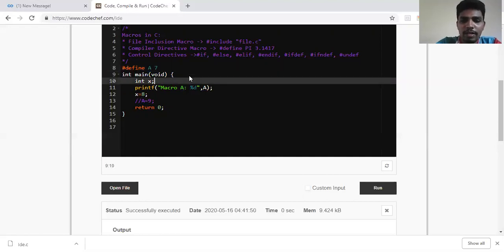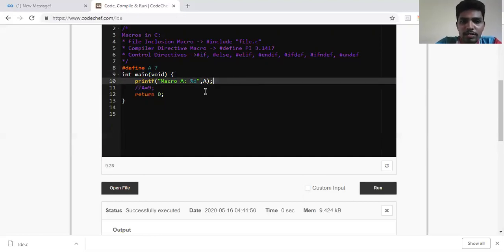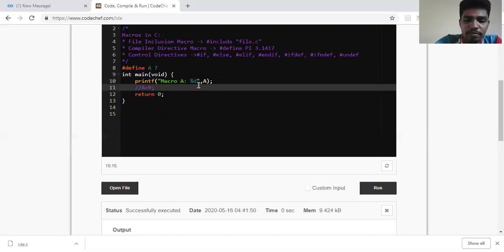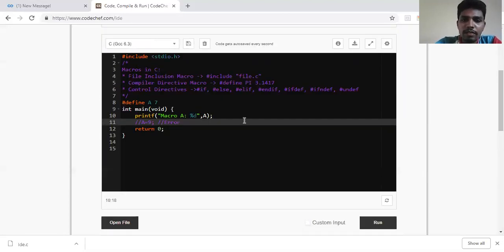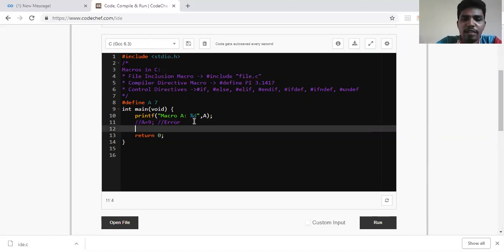Fine. So I don't want this local variable, so I'll be removing that. So we have seen an error also. I'll be quickly writing this so that you will identify. Okay. So now, as I said, we'll illustrate certain of these control directives, whichever we have seen here. What I'll be writing here is, now I know I have defined a macro called A. So I'll be writing hash if, and I can check the condition. What's the value of that A, 7? So I can write A